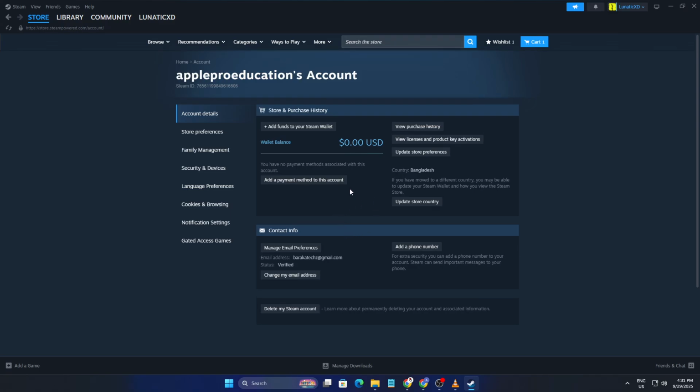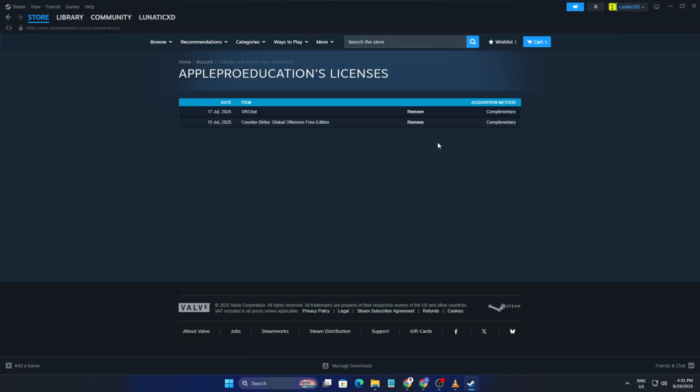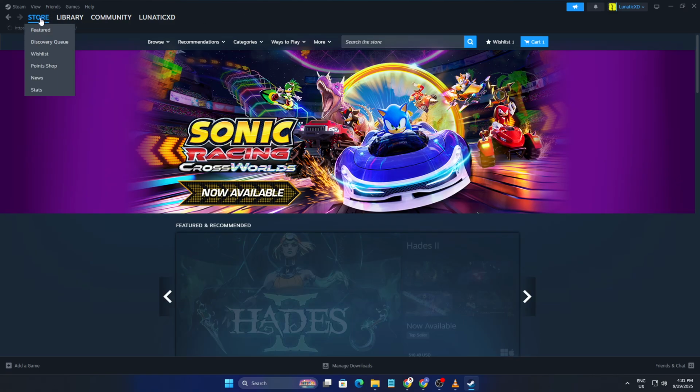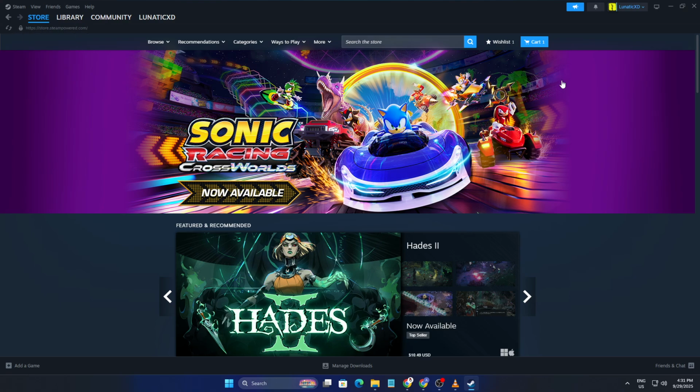After that, Steam sends a confirmation code to the email you just provided. Check your inbox and don't forget to look in the spam or promotions folder in case it lands there. Grab that code, enter it in Steam, and click Next one more time. That's it. Family View is officially enabled on your Steam account. You now have control over what others see and use, and you can toggle those restrictions with your PIN whenever